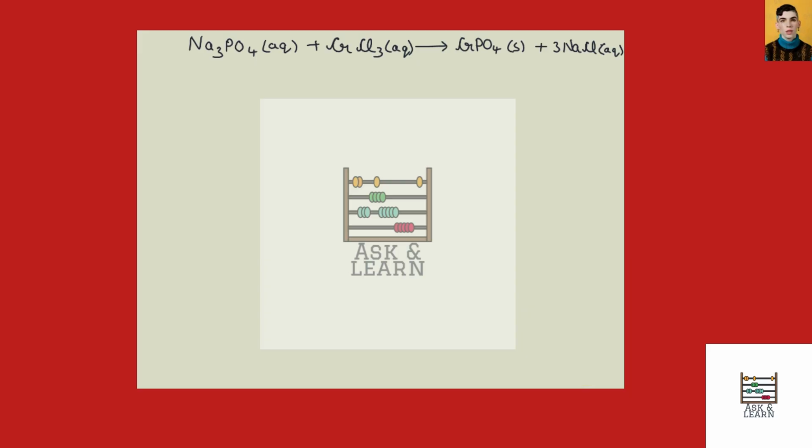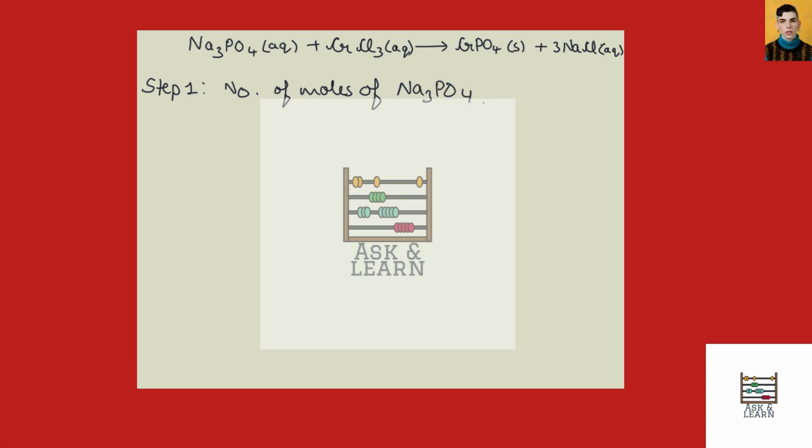Hello student. So the question is to calculate the mass of the precipitate, which is CrPO4, formed in this reaction. So in step 1, we'll be calculating the number of moles of the reactants individually. So here, first we'll calculate the number of moles of the